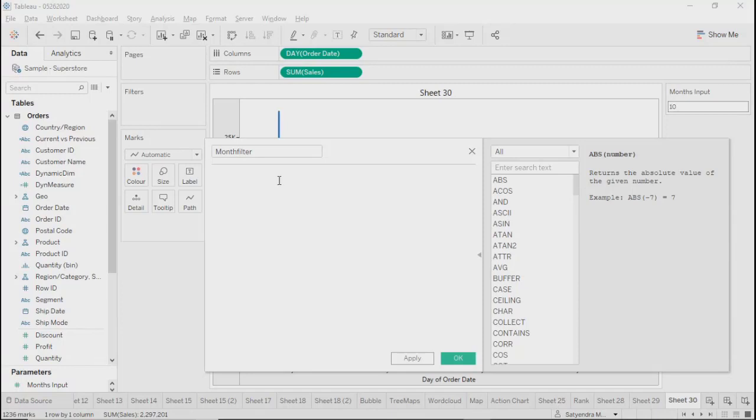So I will say if order date is greater than, sorry, is less than,